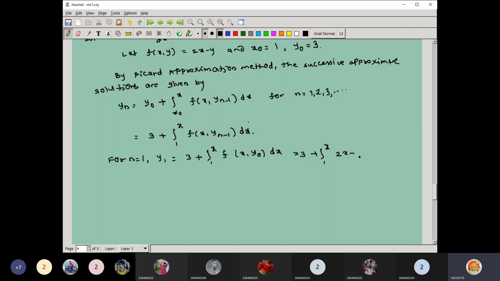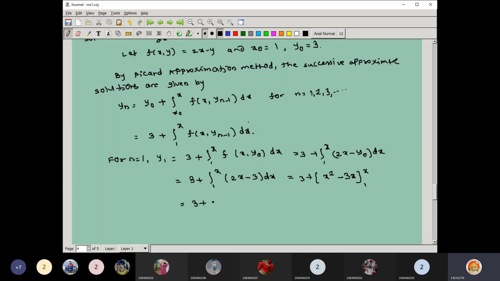So 2x minus అక్కడ ఏ ఎక్స్ప్రెషన్ ఇస్తే ఆ ఎక్స్ప్రెషన్ రాయండి. y దగ్గర y నాట్ రాస్తున్నారు. సో ఇట్ ఈస్ ఆఫ్ dx. సో దిస్ ఈస్ ఈక్వల్ టు 3 ప్లస్, సో ఫస్ట్ డూ ద సింప్లిఫికేషన్, 1 to x, it is of 2x minus y naught, it is mentioned that 3 dx. So it is 3 plus, now you do the integration, integral of 2 into x, so x square minus it becomes 3x, limits 1 to x.